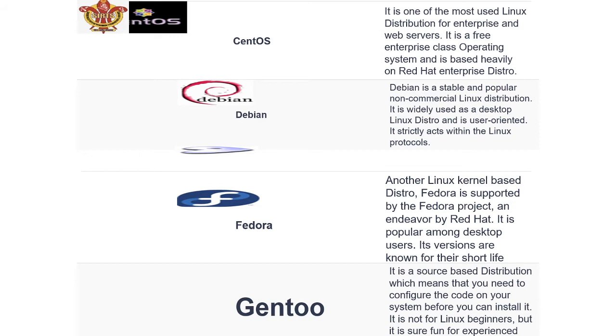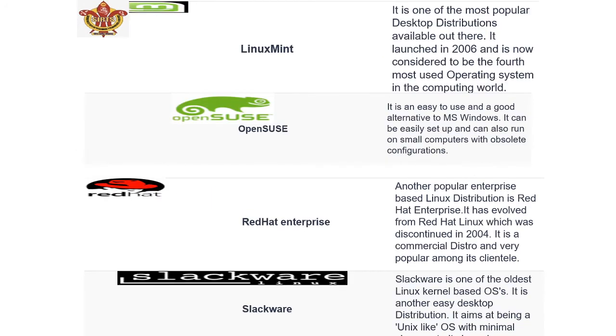It is a source-based distribution, which means that you need to configure the code on your system before you can install it. It is not for Linux beginners, but it is sure to be fun for experienced users. If you are an experienced user, you can run it on your system, and it is very popular amongst users, right? Another is Linux Mint, one of the most popular desktop distributions